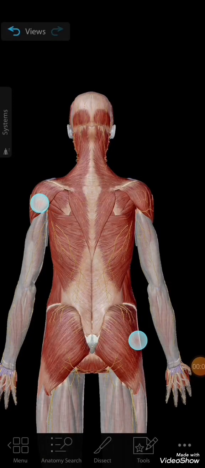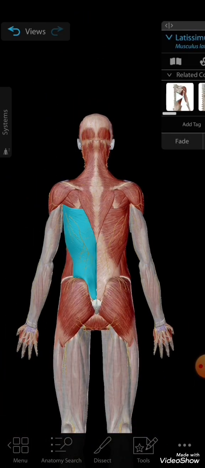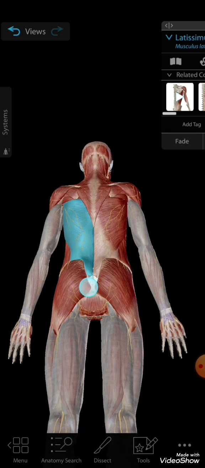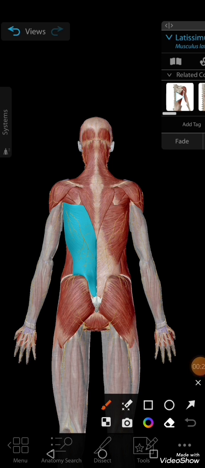Now about the latissimus dorsi. Let me enlarge the view a little bit more to show you the latissimus dorsi. This muscle takes origin, if I can take the help of the pencil, from the posterior 1/3 of the outer lip of the iliac crest on both sides. You can see, and along with the lumbar fascia that attaches the muscles of your lumbar region, and of course the sacral spines. And on the way it gets origin from T7